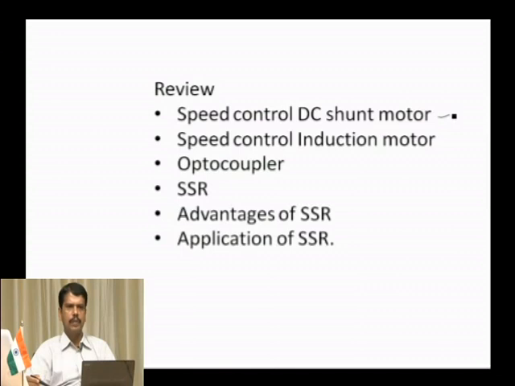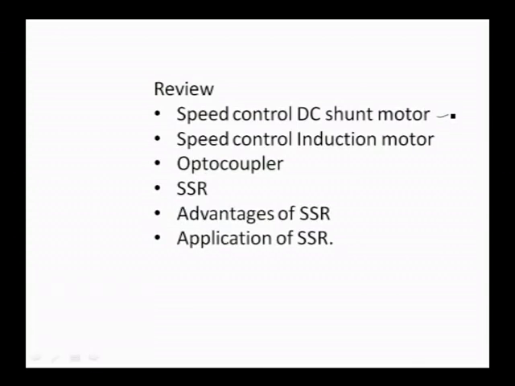The next topic covered is speed control of the induction motor, using variable frequency and variable voltage. We maintain the V by F ratio constant to keep the flux constant. That is an efficient and the most popular method of speed control. Next we saw the optocoupler, used for isolation between input and output circuits. Again we saw the solid state relay for switching a load on and off to a power supply, and the applications of various solid state relays. So far we have completed all the 10 chapters. Study well, have a nice time.